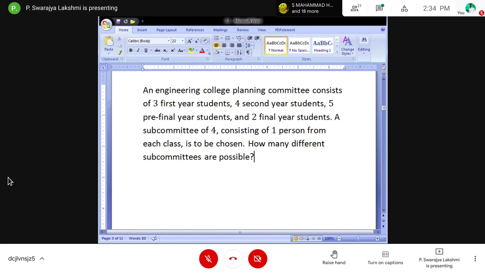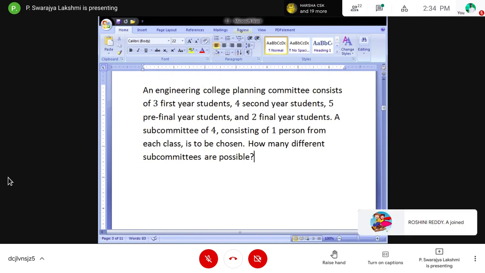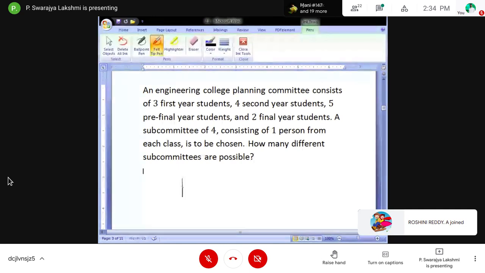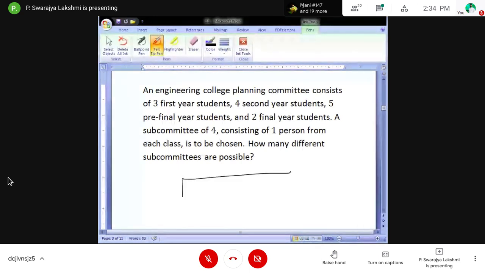So what we have to find is how to make a subcommittee. In the subcommittee, we should have 4 members: 1, 2, 3 and 4. These 4 should consist of one person from each class.